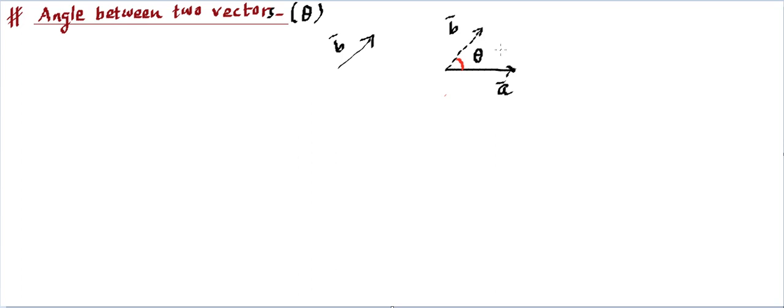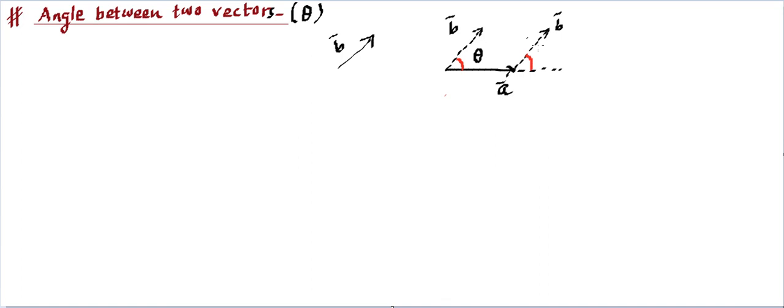Or else, what else you can do? If you are not joining this with the tail, you can join the tail of this with the head of another. That means you can draw over here as well, because we know as long as we are not changing the magnitude and direction, the vector remains the same, so that will also be B vector. Now in this case, we need to be careful. The theta will be that angle which is indicating the outward direction. So A will have an outward direction, so I'm extending the outward direction of A, and that's the direction of B. So this angle has to be measured as angle theta.